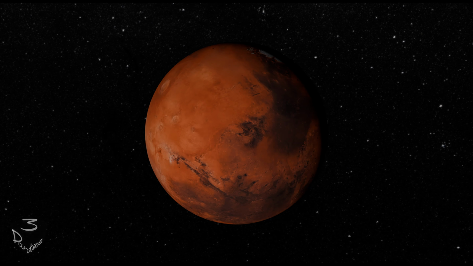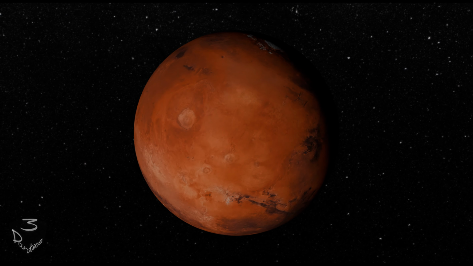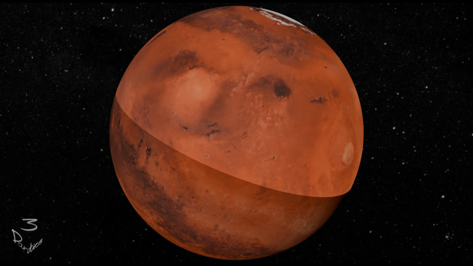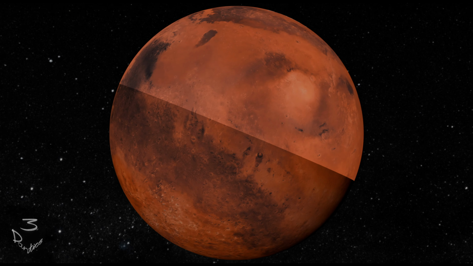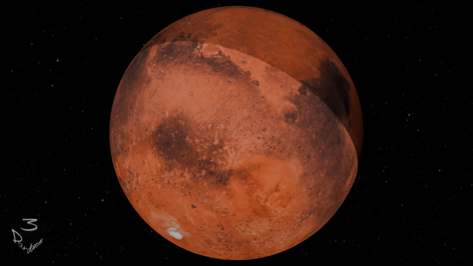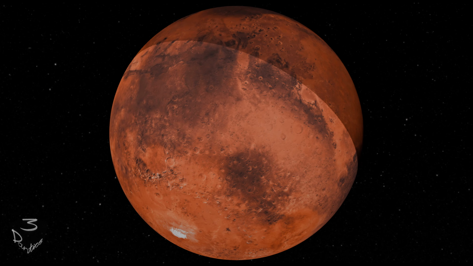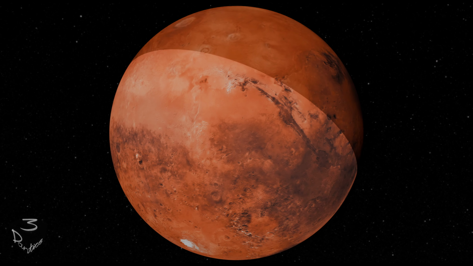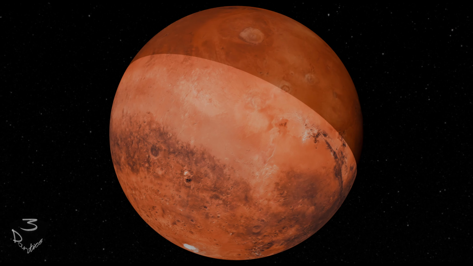Strangest of the features we can see is known as the Martian dichotomy, with the northern hemisphere appearing smooth and flat, whilst the southern hemisphere is covered in peaks and valleys. We don't know why, but it's quite possible that a giant impact melted the southern hemisphere, and when it recrystallised, it formed with a thicker crust.